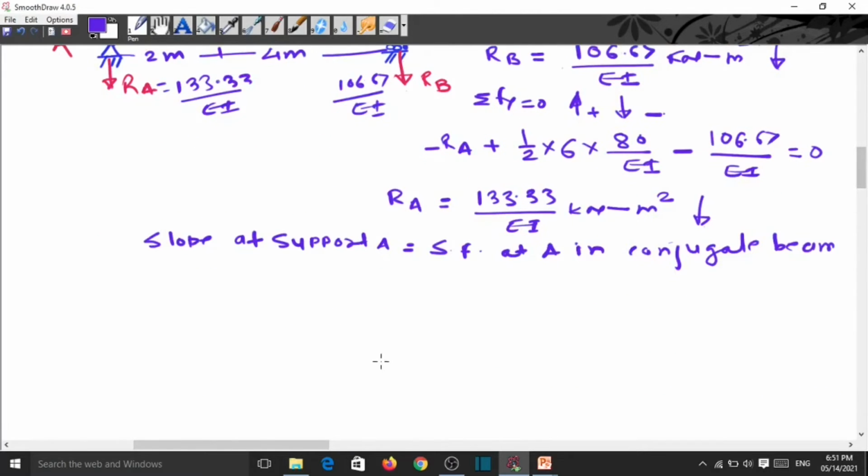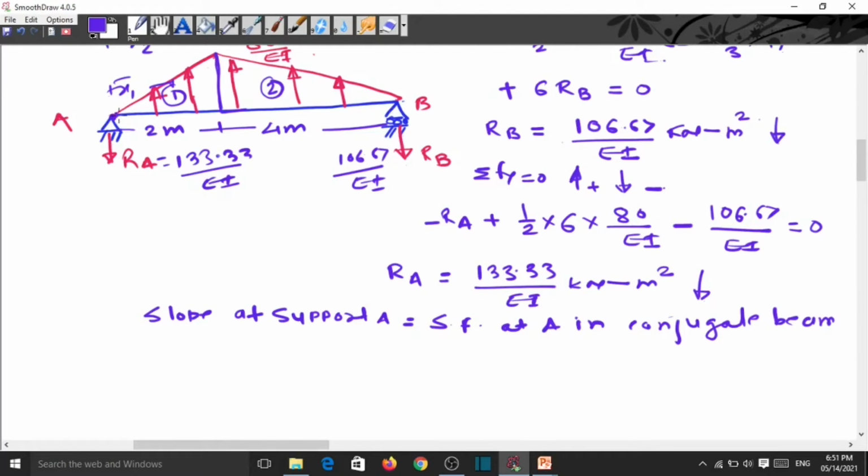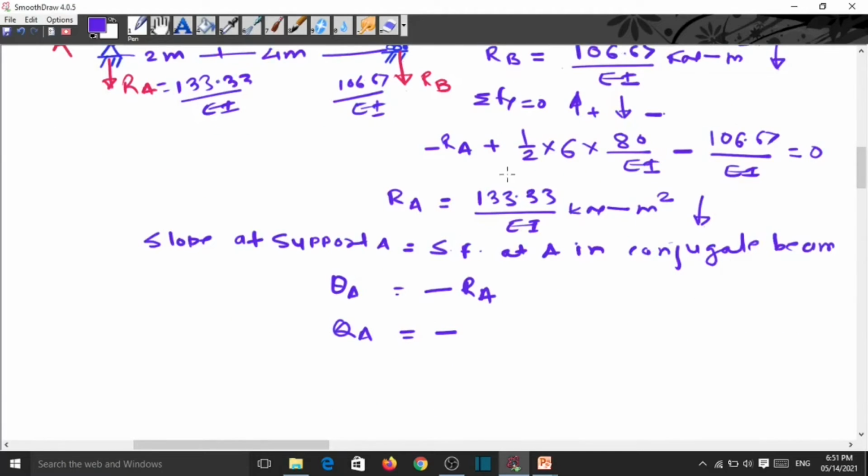So that is equal to here. We know from the left side this slope is downward, so that is a minus. So we can say that the slope at A, theta A, is equal to minus the RA. So theta A is equal to minus 133.33